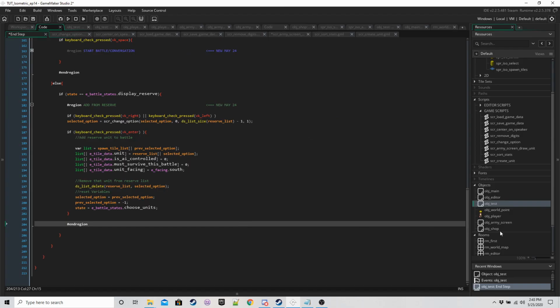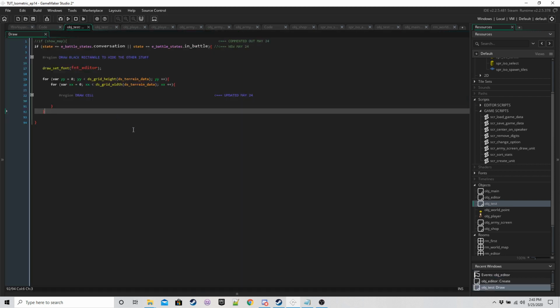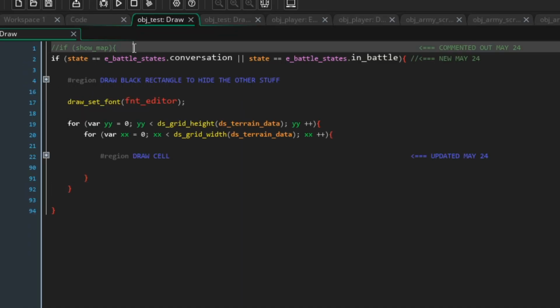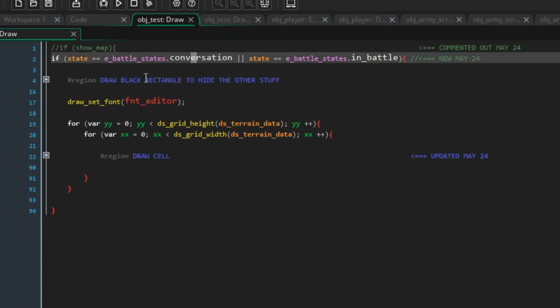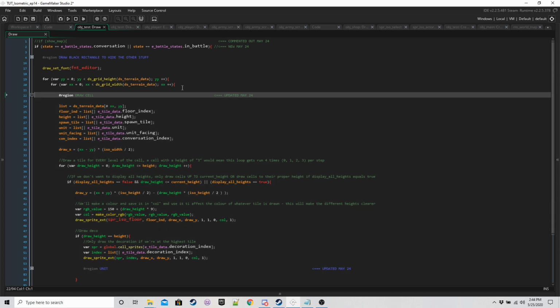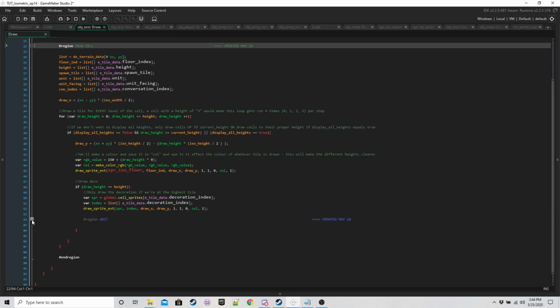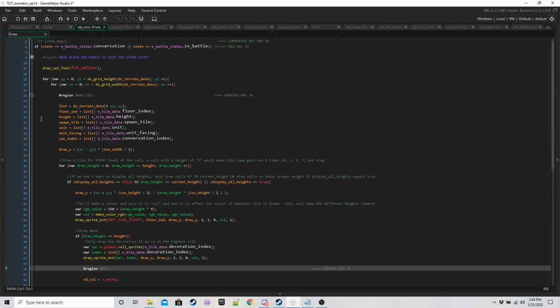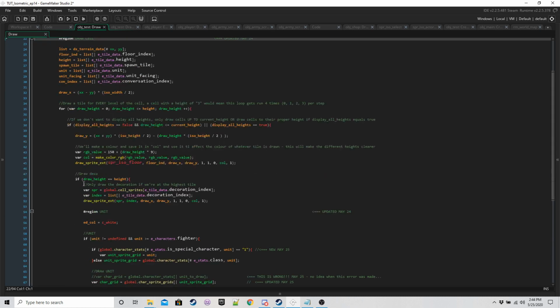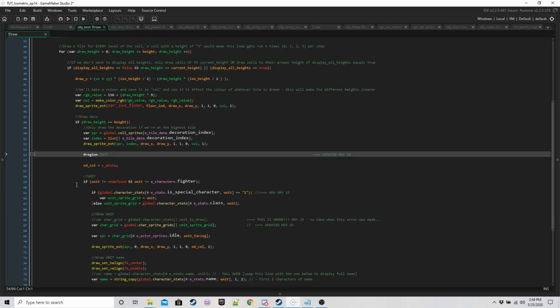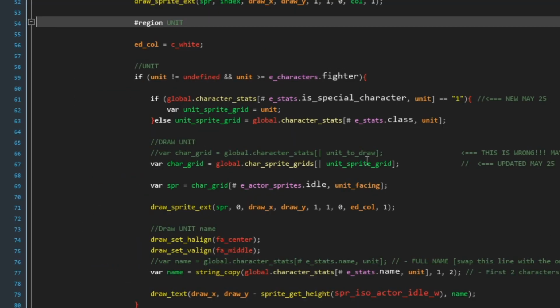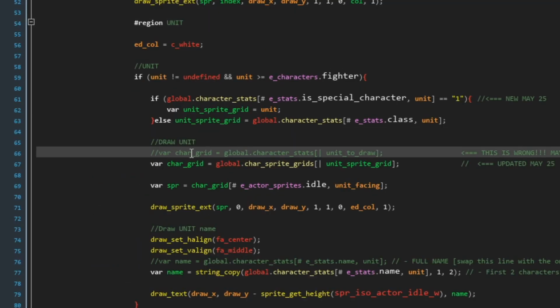So we have a small change in the draw event. All we do is, instead of show map, we're just going to show it if we are in a conversation or in battle. And one silly mistake that I noticed, I don't exactly know when I made this mistake, but within draw cell and within the unit region, this line here, line 66, we have var car grid equals global.character stats